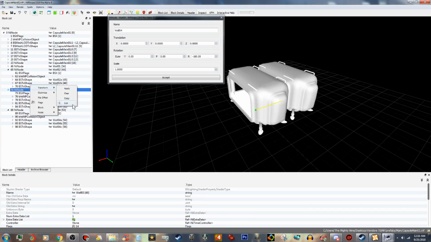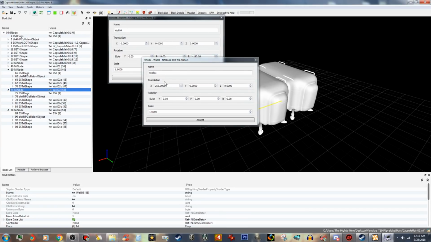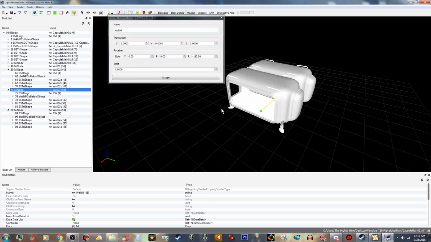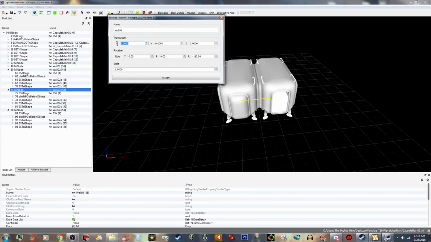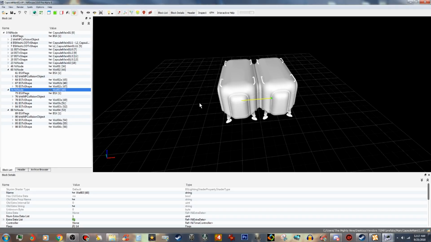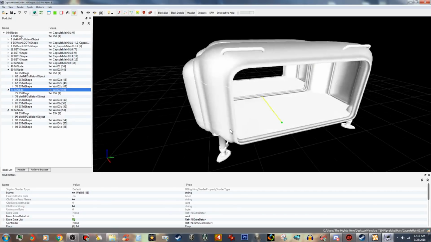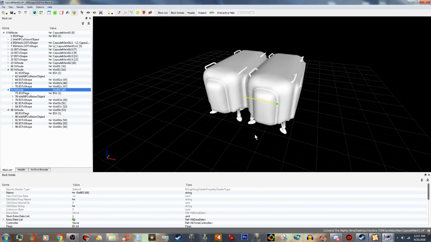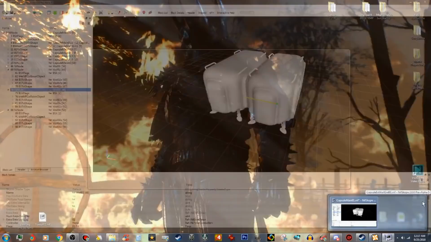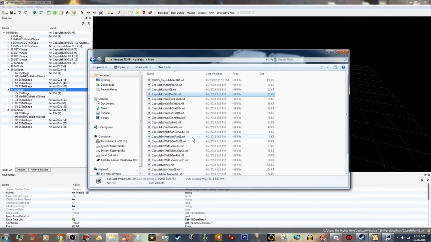and we're going to right click on that and go to edit, and you'll see this says 253, so we're going to copy that, close that out, and if you paste 253 in here, it'll put it right where you want it. So now we got that part. Now we have to put the window in. We can go ahead and close this one. We don't need that. We just need the window, which is wall extra small